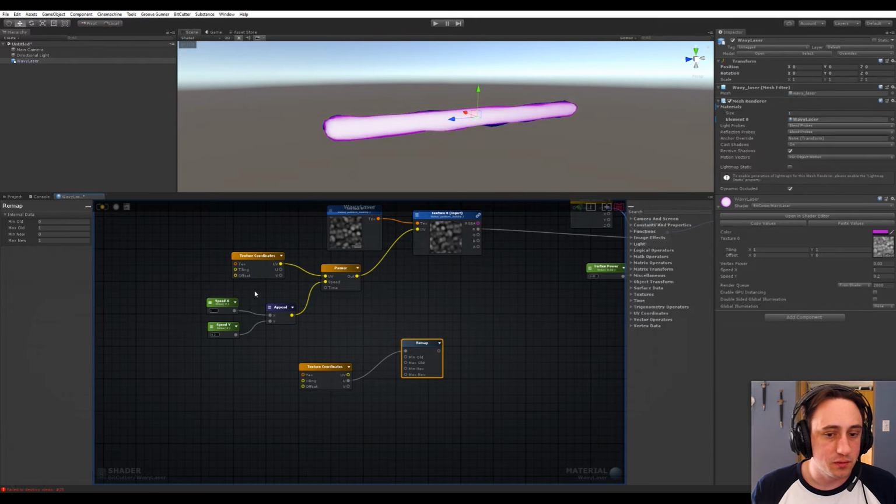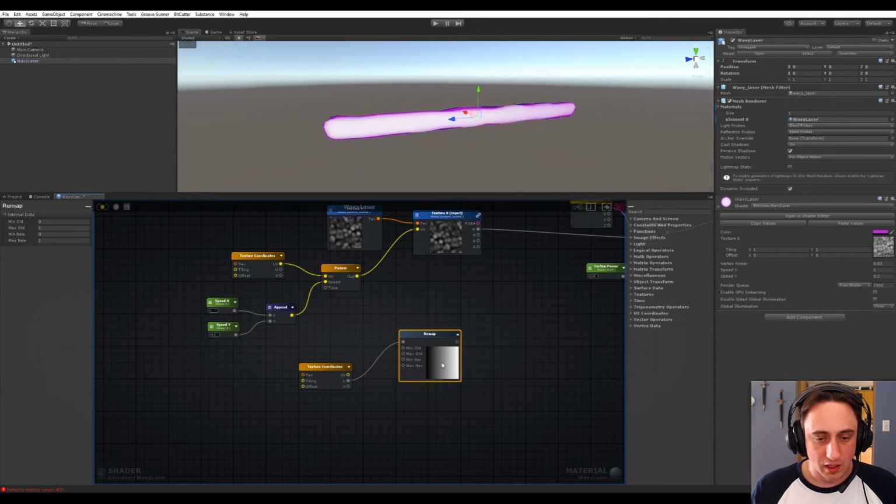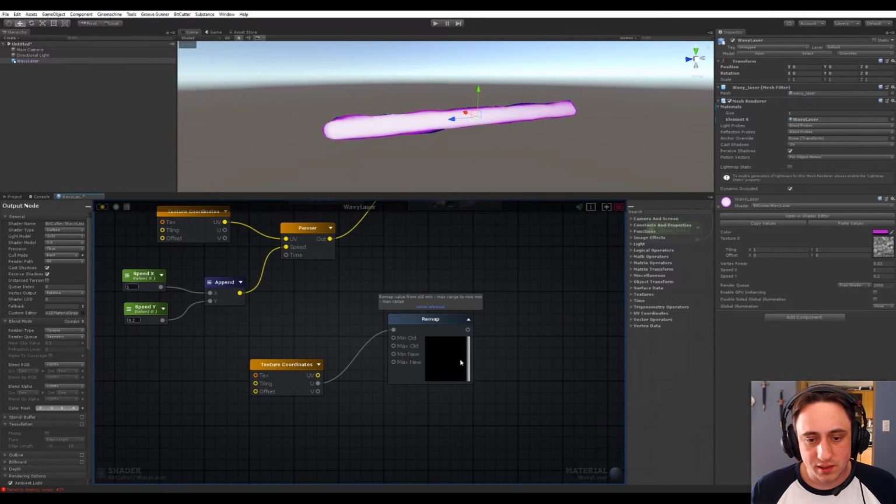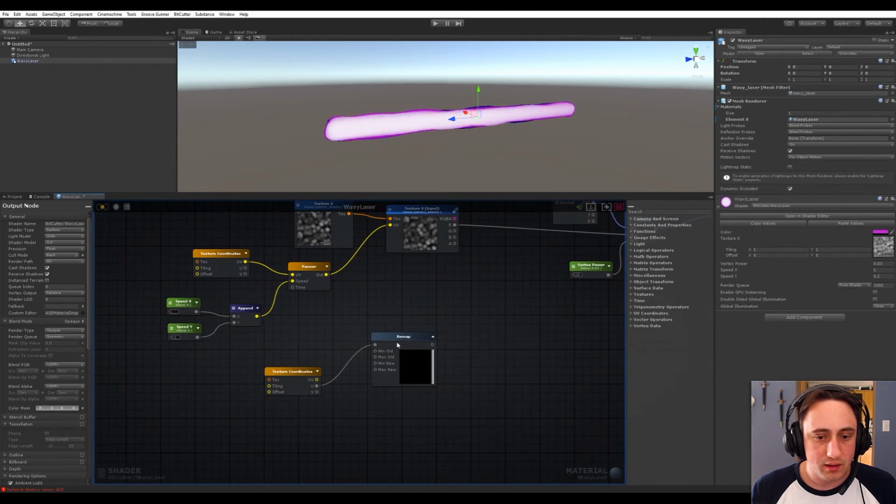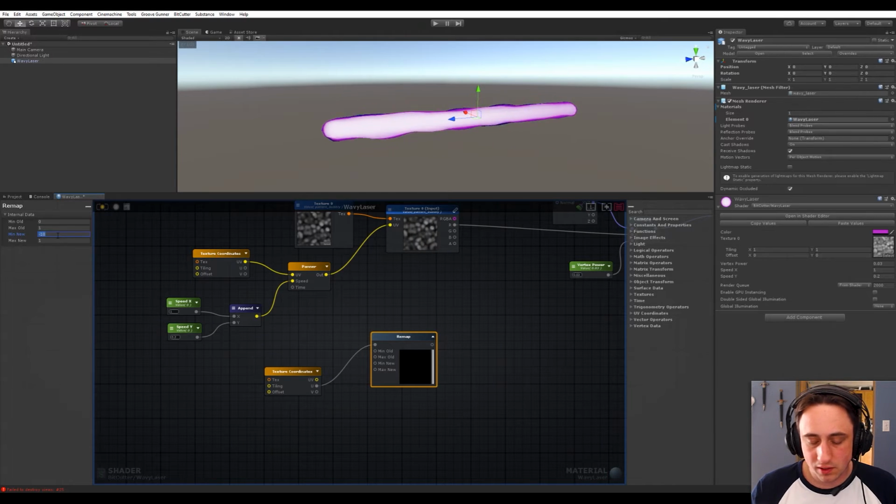We're going to remap it to, well, here, let's see a preview first. So this is what it looks like right now. We're going to go from 0 to 1 to, let's say, minus 10 to 1. What that does is that gives us this big space right here where nothing's happening, and then right here it's kind of tapering off. The other way we can do this is actually by going 0 and 10,